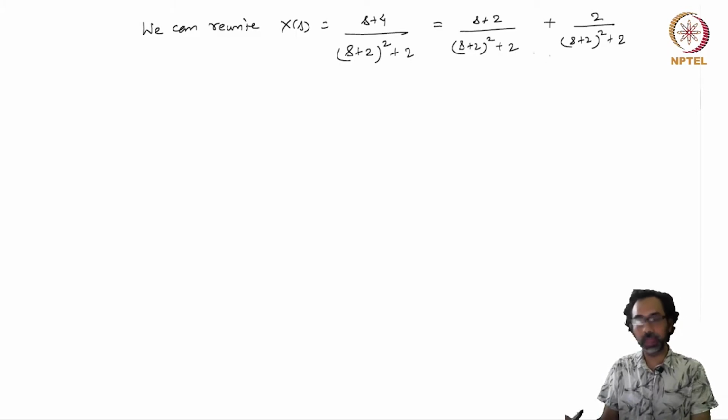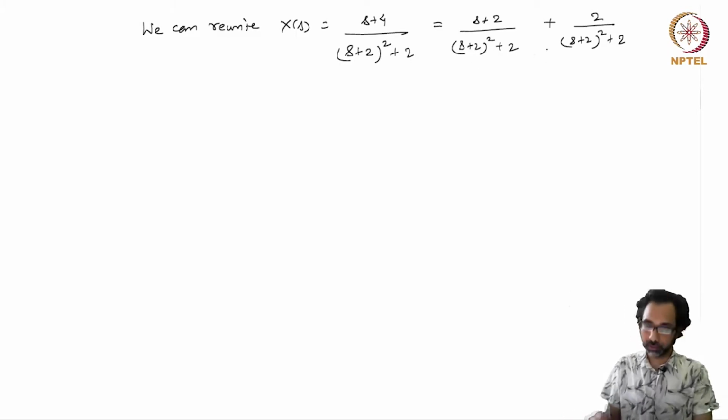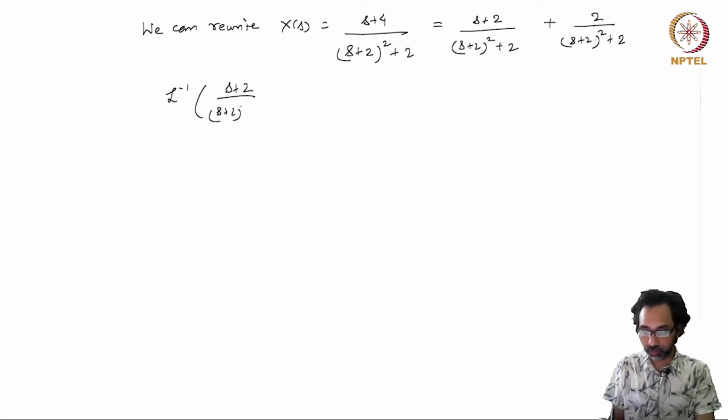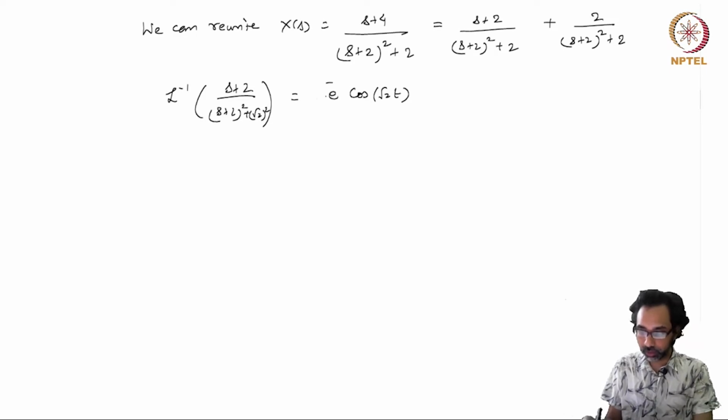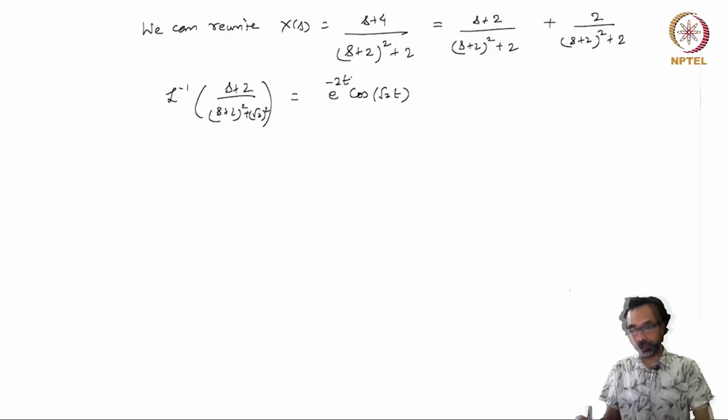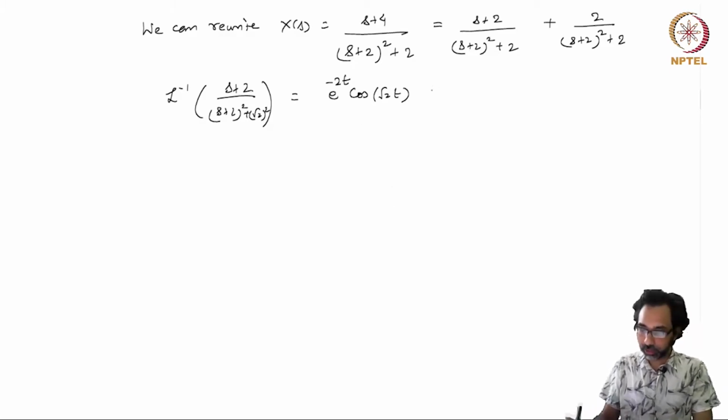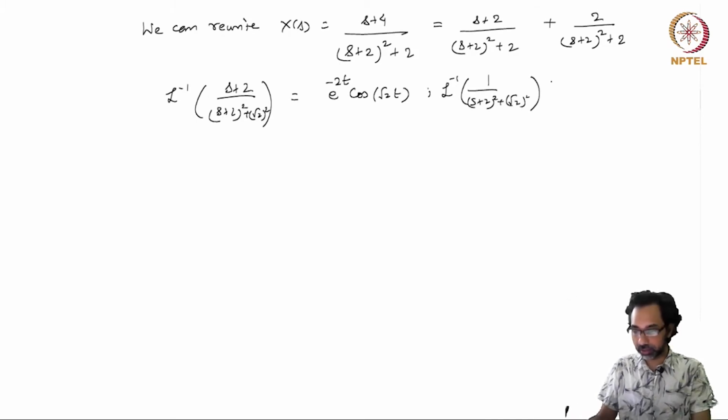Now these two terms in the sum can be easily inverted, and the inverse Laplace transform, for example, for the first term, (s plus 2) over (s plus 2) whole squared plus 2, which is nothing but (s plus 2) whole squared plus root 2 squared, is cosine of square root 2 t, and there is a shift of e to the power minus 2t. So this is for the first term, and similarly for the second term, L inverse of 1 over (s plus 2) whole squared plus square root 2 whole squared, and this is nothing but